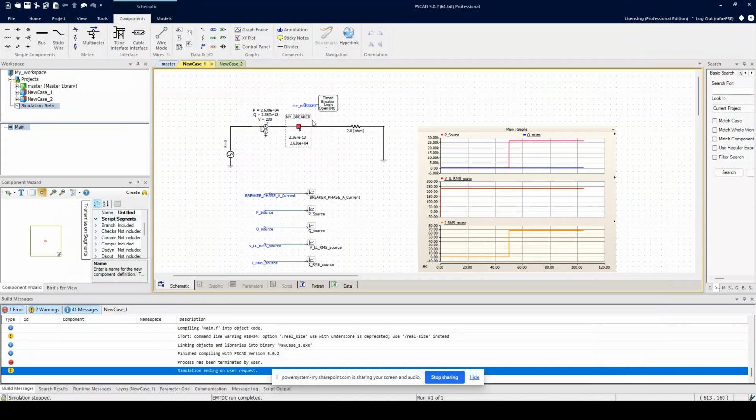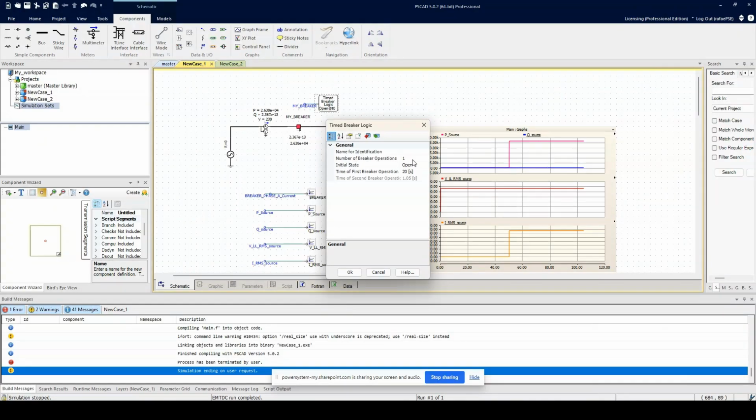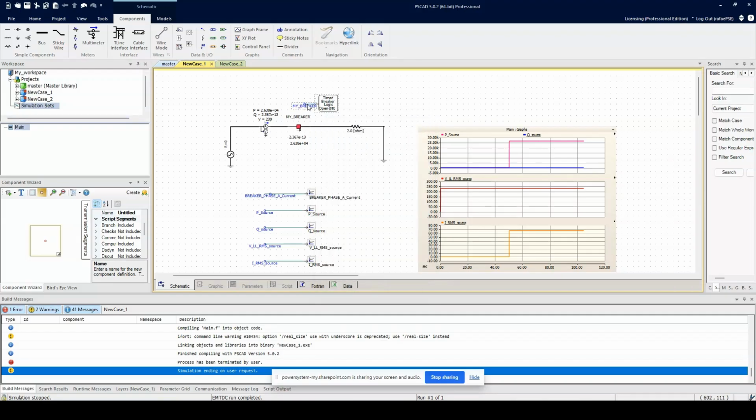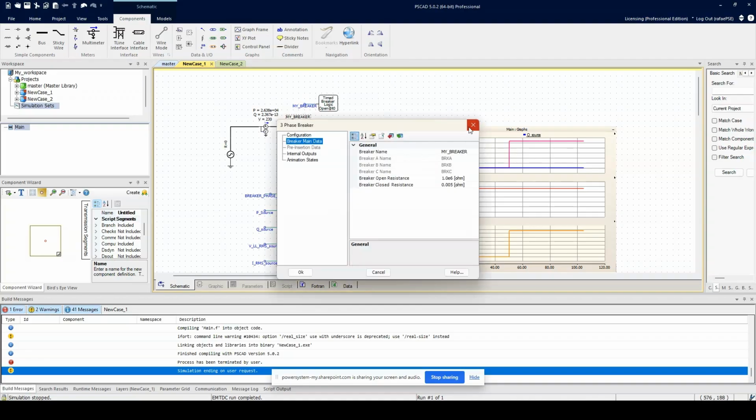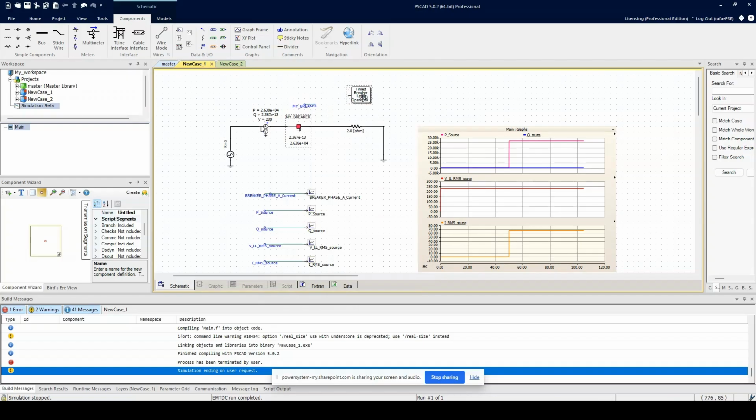It was set up in a way that if I double click this, it says number of breaker operation was 1. So one time it will do something where initially it will have an open state, and at 20 seconds it will change the state of the output coming out of this block. So it basically outputs either a 0 or a 1, which then goes into my breaker, and that is basically the signal inside this breaker over here, which turns the breaker on and off. But instead of controlling it automatically with this, what if I want to be able to